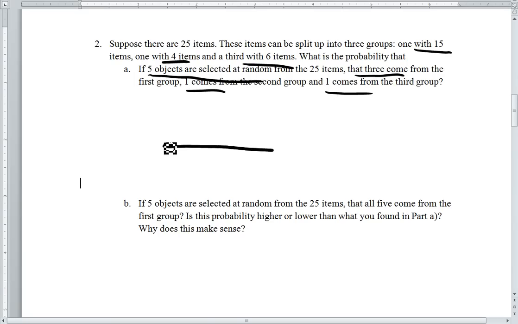Very much like a combination problem. From the 25 items, there are 25 combination 5, since we're selecting a total of 5 objects. That means there are 25 combination 5 different ways you can draw 5 people from 25. But we want to know the probability that 3 come from the first group. So that's,